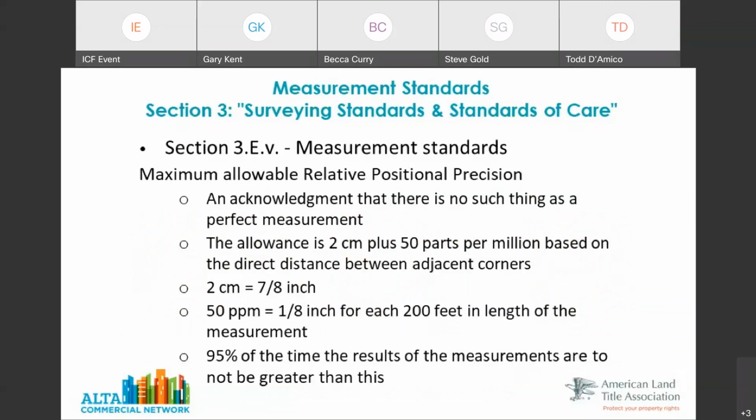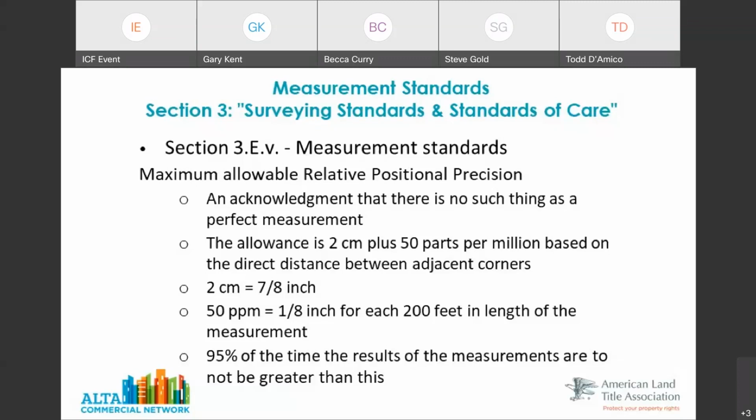And basically, it's an acknowledgement. There is no such thing as a perfect measurement in surveying. It's no different from when they make ball bearings or anything. There is a tolerance related to any measurement. The tolerance on a land title survey between any 2 points on the boundary, and this is what we're talking about, is the precision of the boundary measurements.